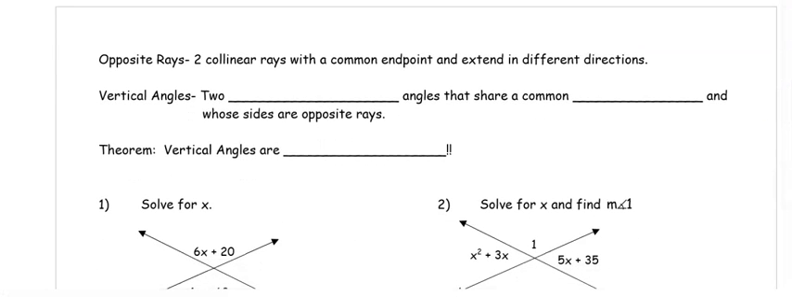A couple of vocab words then. Opposite rays are two collinear rays with the common endpoint, and they extend forever in different directions. We also have vertical angles. Vertical angles are two non-adjacent angles that share a common vertex and whose sides are opposite rays. The important thing to remember about vertical angles is that vertical angles are congruent,